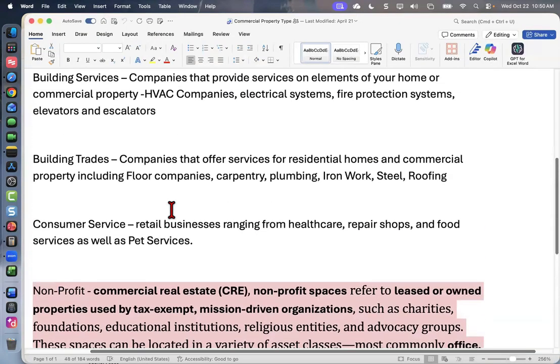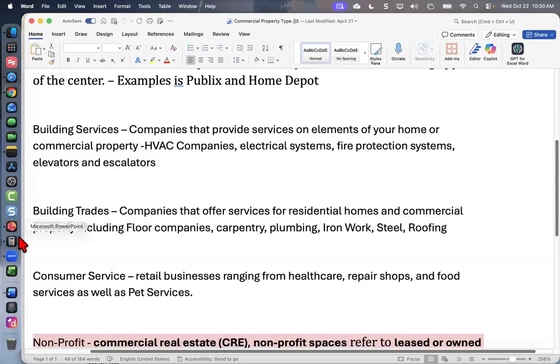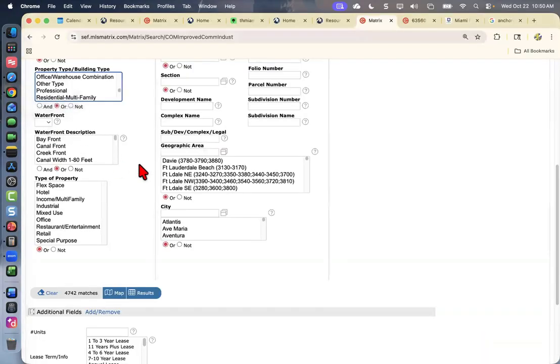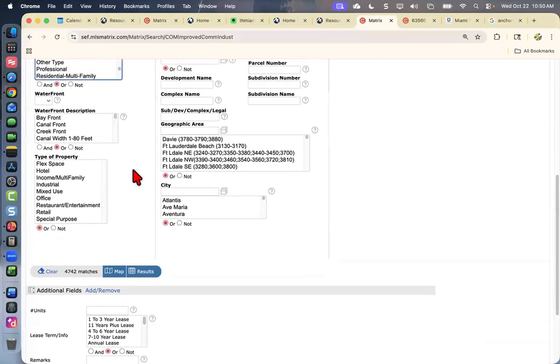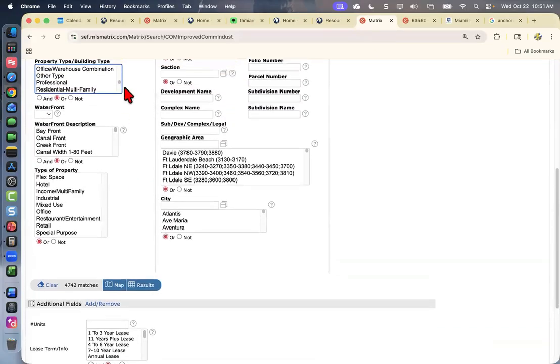So professional is going to be properties designed specifically for office use. But when I say office use, I mean specifically high-end office use, such as where you might have lawyers. It is designed as a higher design, and they're a little bit more,